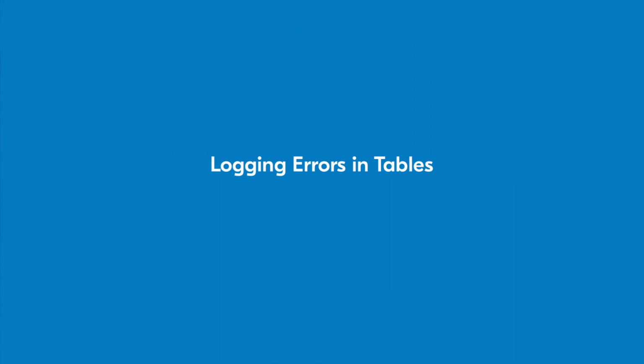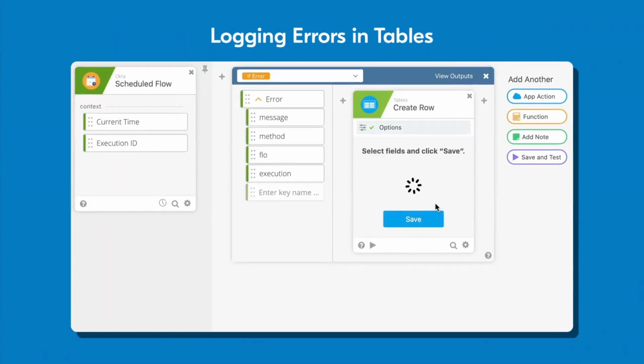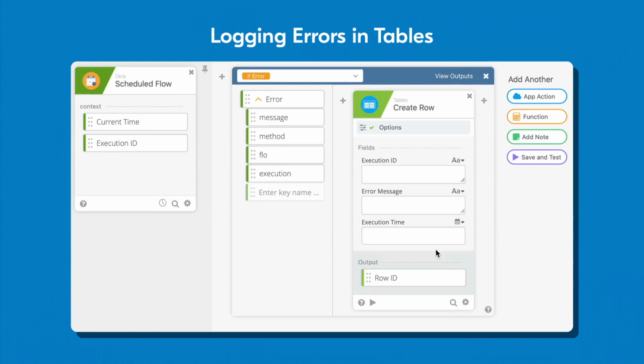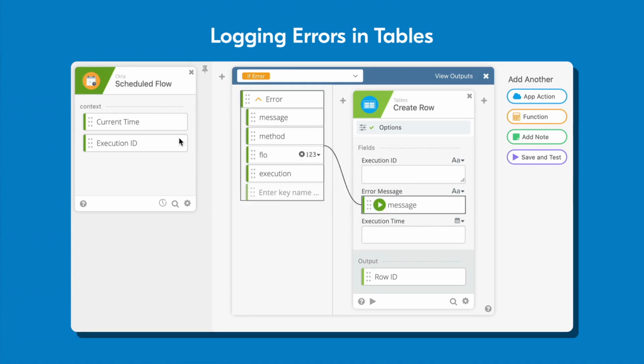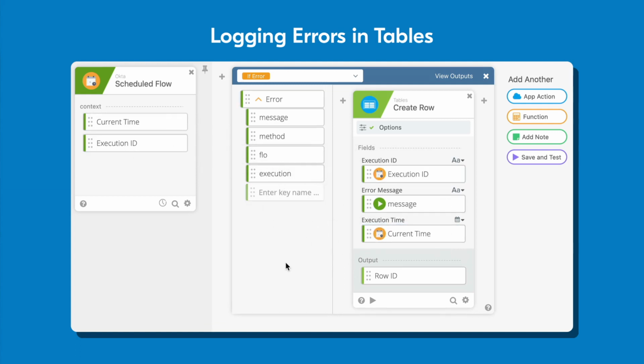First, let's talk about leveraging tables for logging errors. For example, you can use the If Error card to create a row in a table with the log time, execution ID, and error message. With all this data grouped together in a table, you're more likely to spot any patterns or trends over time. However, tables are not meant for large volumes of data. They have their limits, but if used temporarily, they can be effective.